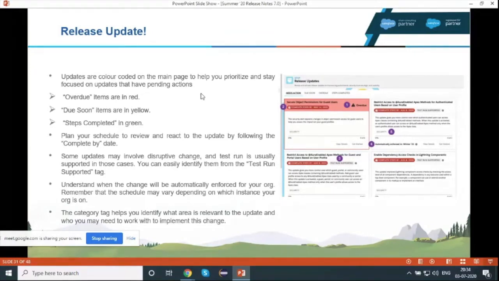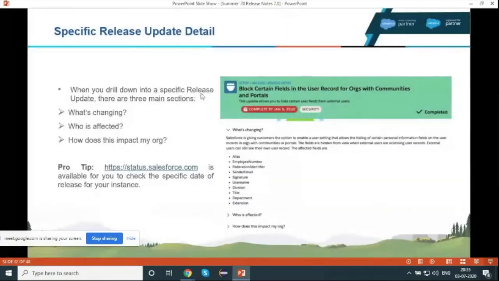But now Salesforce gave you a full-fledged page which has all the details of your critical updates tab-wise, like the first tab of overdue items, the second tab of due soon items, the third tab of the steps to complete the item. These tabs will help admins manage the critical updates.